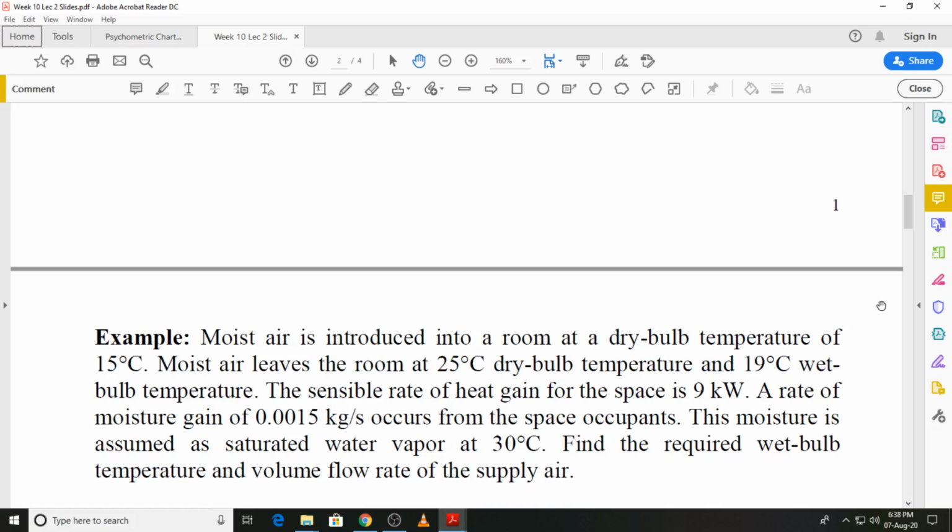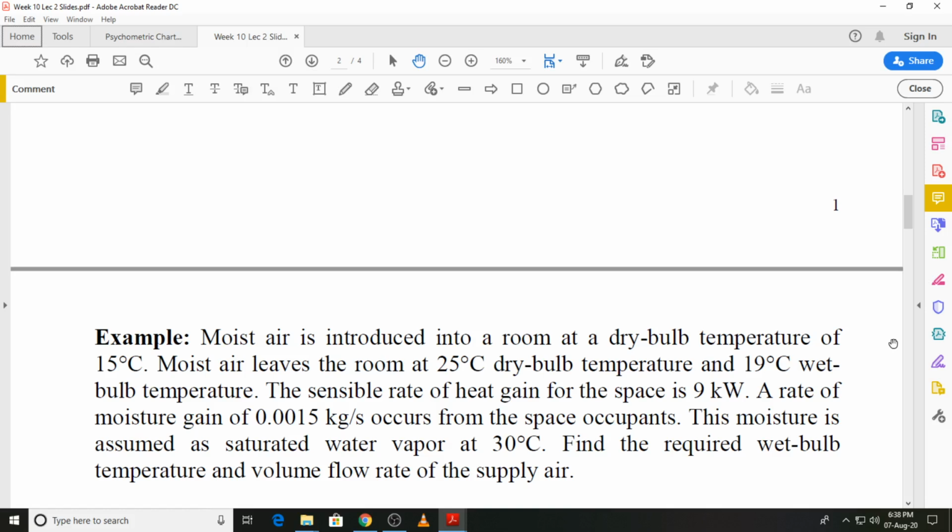So we have the problem statement in front of us, in which you are told that moist air enters a room at a certain dry bulb temperature. Then the other piece of information is the exit dry bulb and wet bulb temperatures of moist air when it leaves the room,